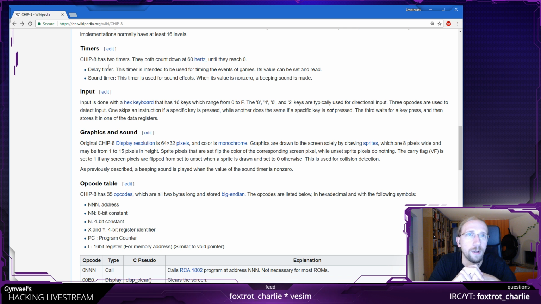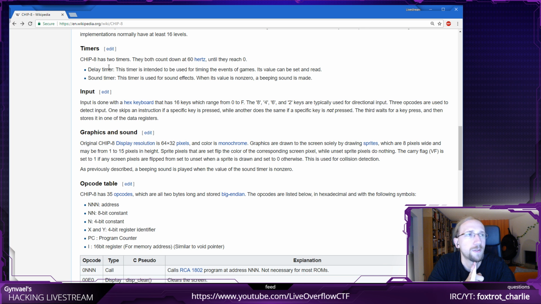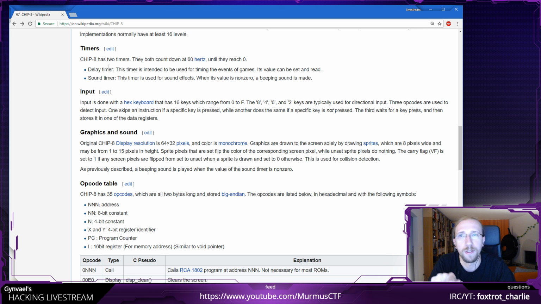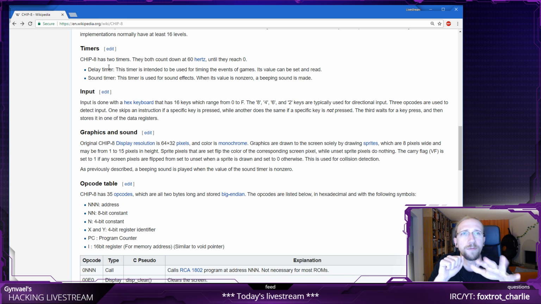60 Hertz is not a lot. In modern PCs, you usually have at least 2 timers. There is the programmable interval timer, which is, I think, about 60 kilohertz, so that's way faster. And then there is the HPET, the high precision event timer, which is, I don't know, a couple of megahertz, but I might be lying here, but it is way larger.